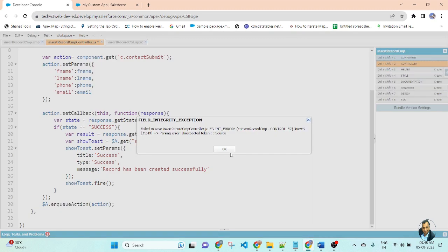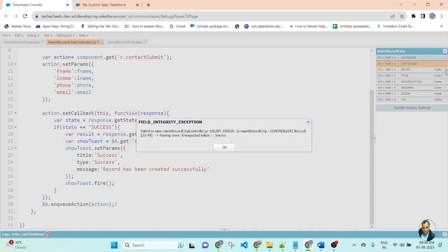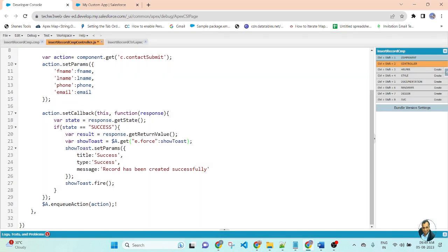So I am getting an error. Let me check. The error message is displayed on line number 21. Let me check line number 21, here I am getting the error. So this inverted comma will close at the end of the toast here. Now I am saving the file.